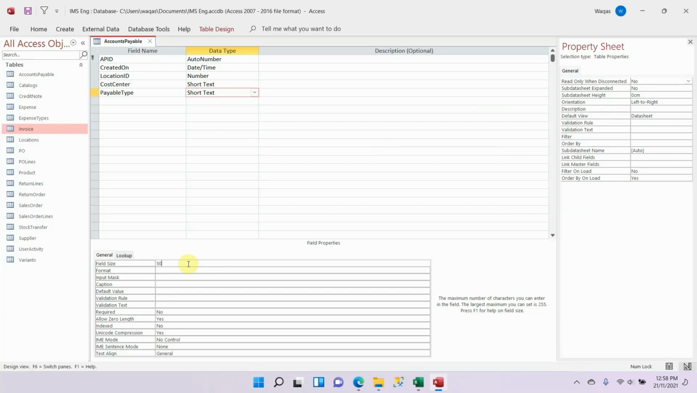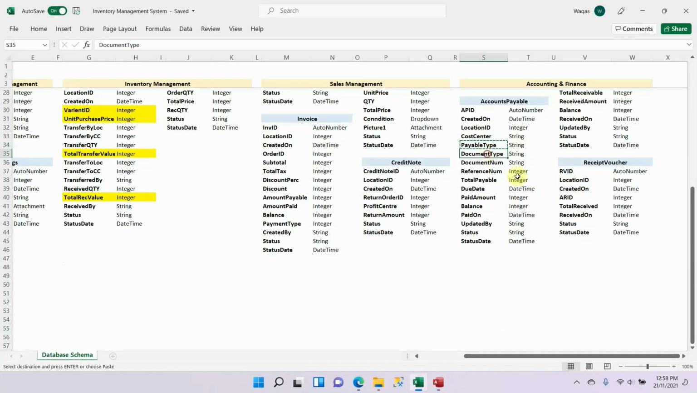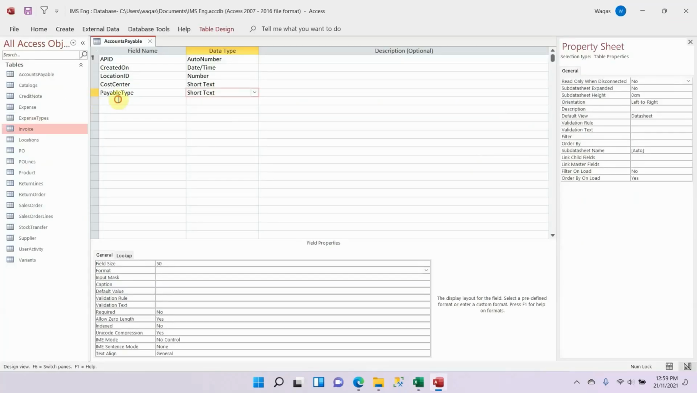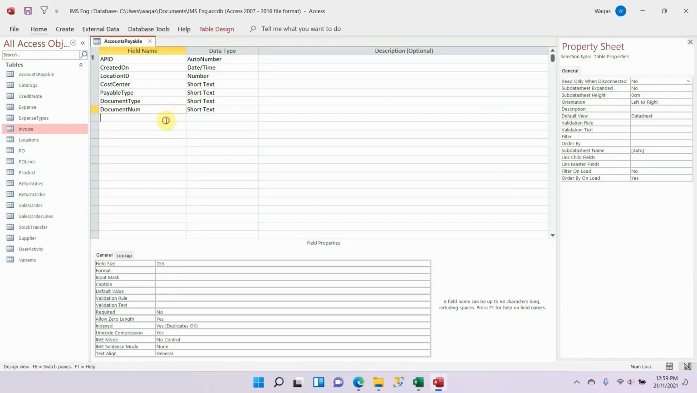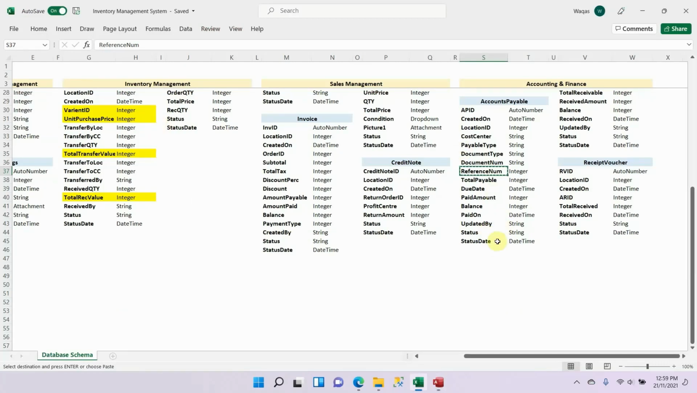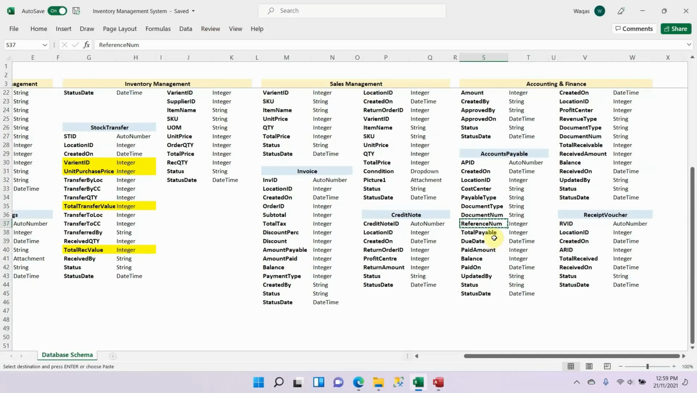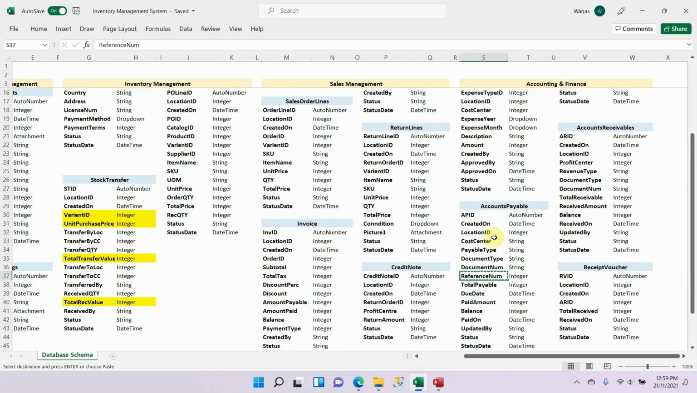So payable type, let's say 50 field size. Document type, will also make it 50 field size. Document number, we have to give a reference of the document for which the accounts payable is generated, and let's give 50 reference number. This reference number is for